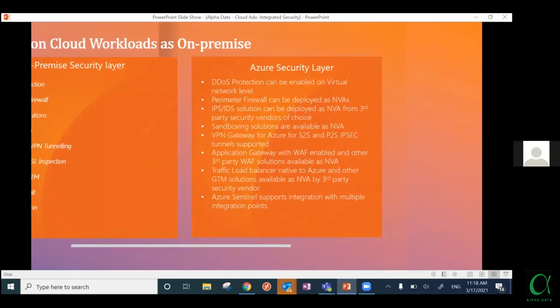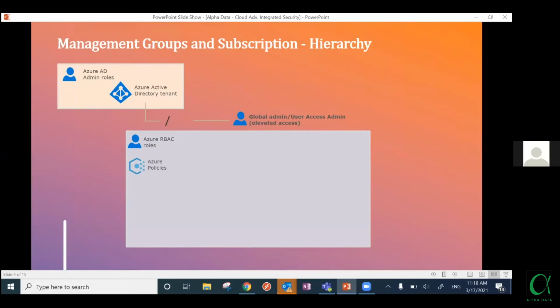And coming back to this slide, the reason I wanted to bring it up is that before I jump on to the next slide, discussing the security layer and the security baseline on Azure, I wanted to walk you through the subject of management groups, what exactly it is, how it is related to the subscription and the resources in your environment, and how it is related to security as well. For customers who understand the concept of an Azure tenant very well, it will be very easy to understand this slide. But for customers who don't understand what exactly an Azure tenant or a subscription is, this might be of interest to you.